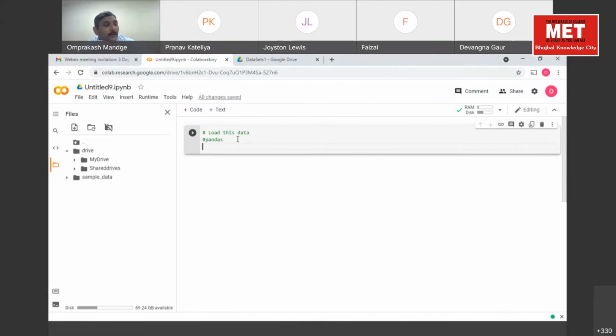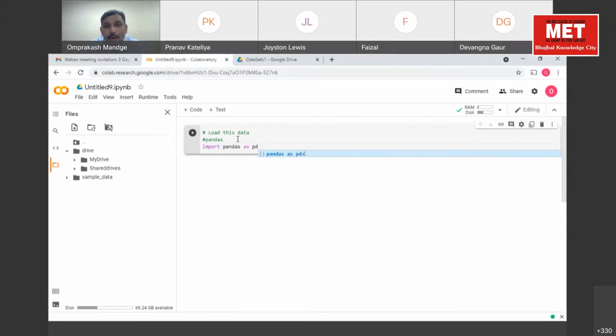First of all, we will have to use the Pandas library. Can anyone tell me how to import a Pandas library? Using the keyword import. So what does import do? Now I'm writing one statement here: import pandas as pd.